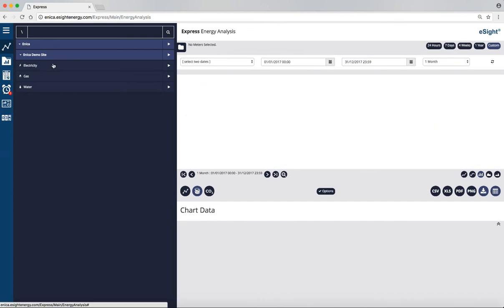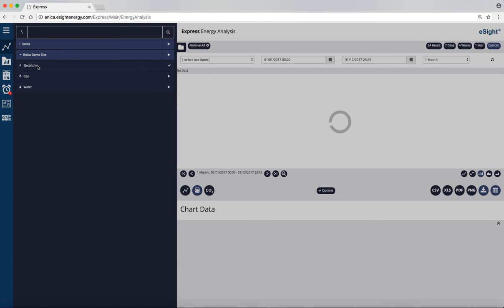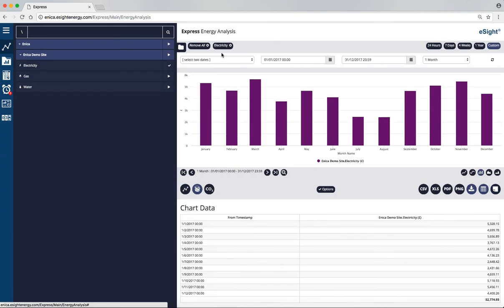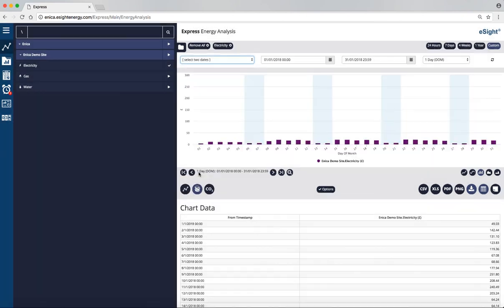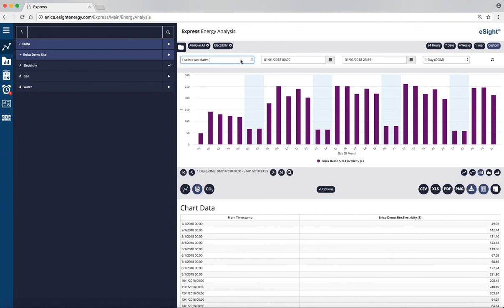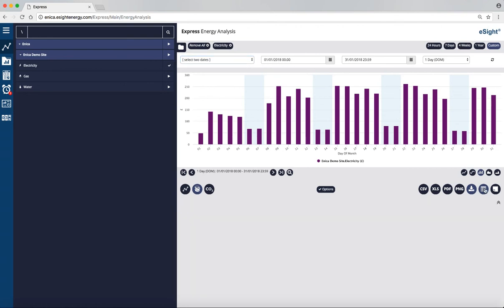One thing that we might want to do is compare consumption between two different months. So that's very easy to do. Let's say electricity consumption, and we wanted to do the month of January 2018, which we've got these dates in here, and we wanted to see what it was compared to January in 2017. So the tab at the bottom, the little button here called Options, allows you to apply comparison. So if you click on Apply Comparison, we've got a calendar here,